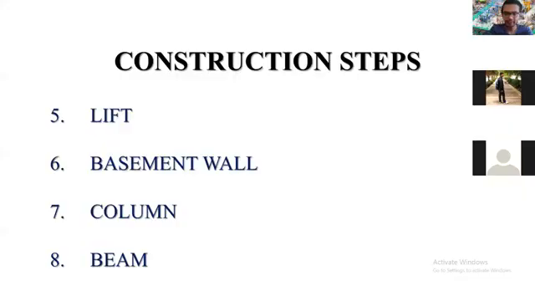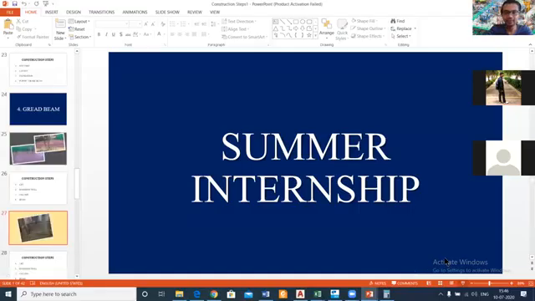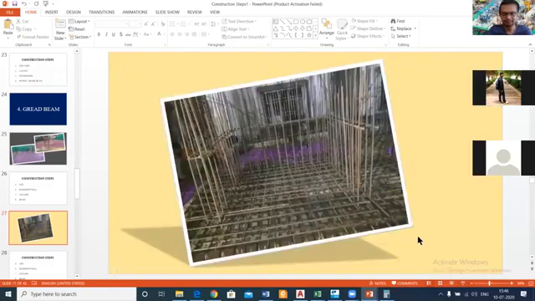And the reinforcement of the grade beam we had already shown you. And then we have your lift. So this was the reinforcement of the lift portion, and the drawings we'll share and see with you. Before that, this much part we have covered on the project, and we'll move on to the task which we had given you. So we'll pause here. Please remember how much portion we had covered: we had covered up to the grade beam, and further we'll discuss in the next class.